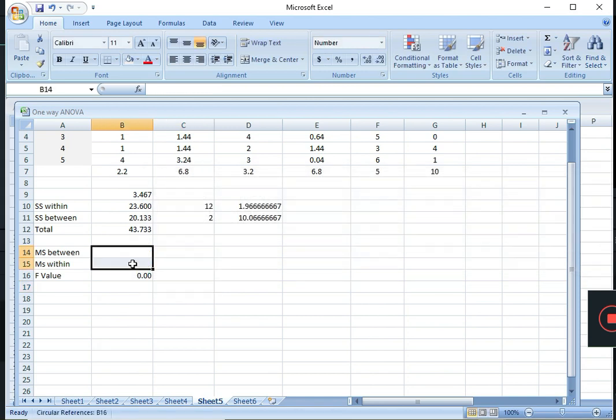This is between and this is within. Within, which should be more actually, the between should be more if we want some significant difference, because we are comparing the groups. अगर ग्रुप में आपस में ही वेरिएशन है तो उसका क्या फ़ायदा, मतलब एमबीए के क्लास के बच्चों में आपस में ही वेरिएशन है, हम तो एमबीए को बीबीए से कंपेयर कर रहे हैं, बीबीए को बैम से कंपेयर कर रहे हैं, तो वो कंपैरिजन है बिटवीन वाला, मतलब बिटवीन में ज़्यादा वेरिएशन आना चाहिए.